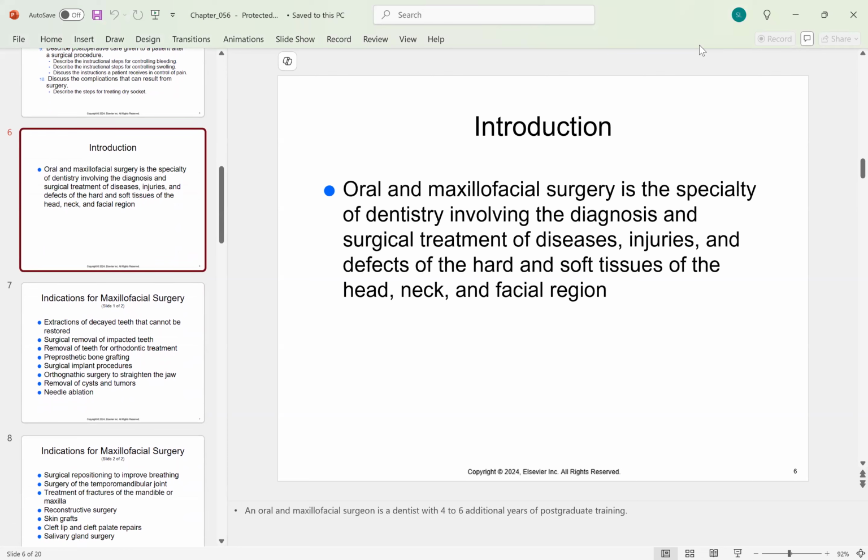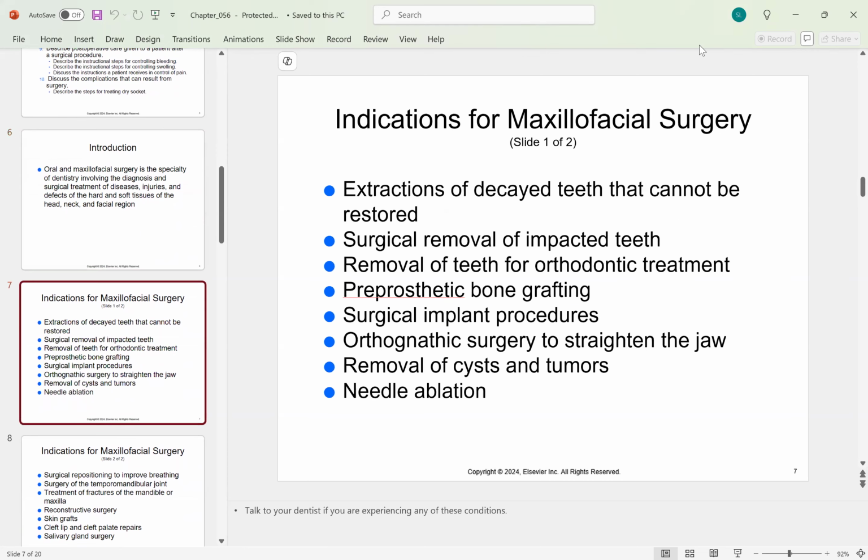So oral and maxillofacial surgery is the specialty of dentistry involving the diagnosis and surgical treatment of diseases, injuries, and effects of the hard and soft tissues of the head, neck, and facial region. Indications for maxillofacial surgery include extractions of decayed teeth that we cannot fix by restoring, surgical removal of impacted teeth, removal of teeth for orthodontic treatment,